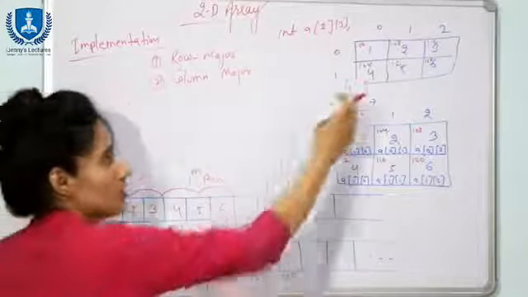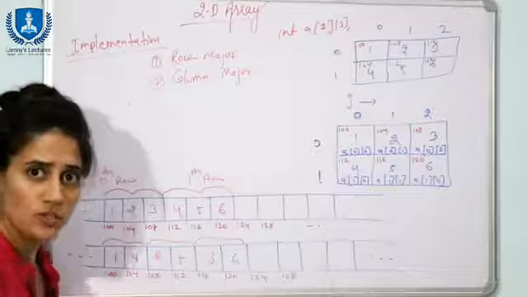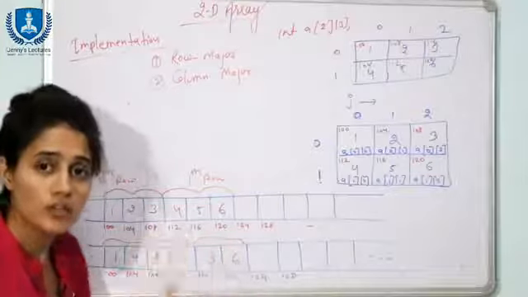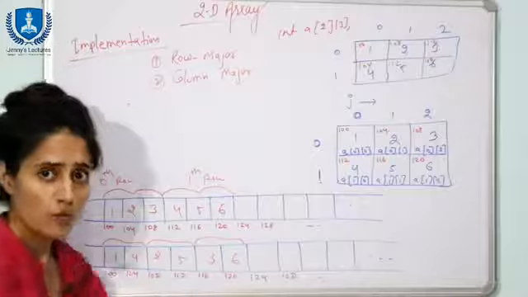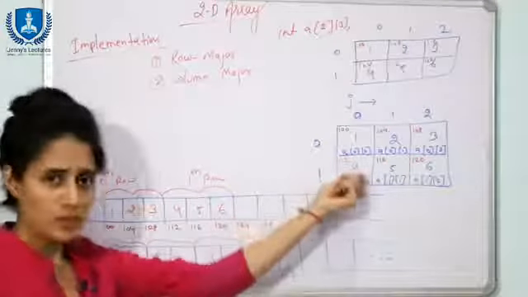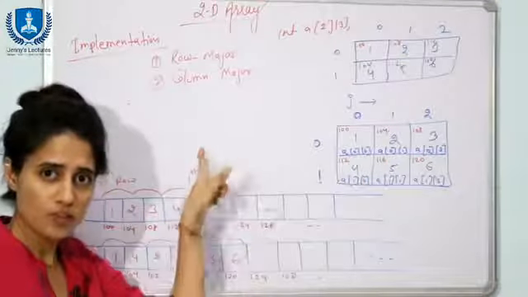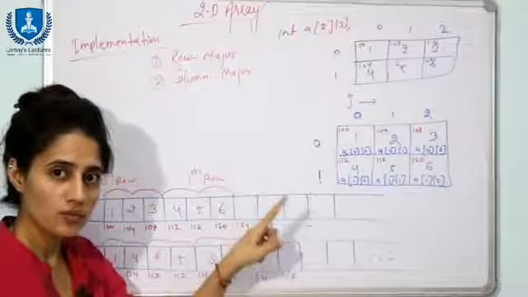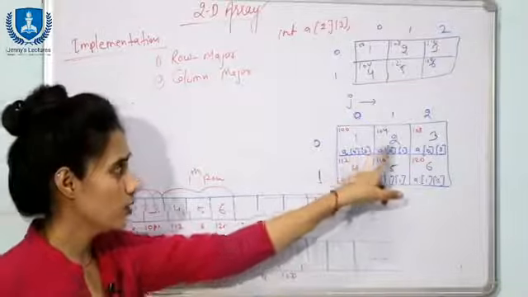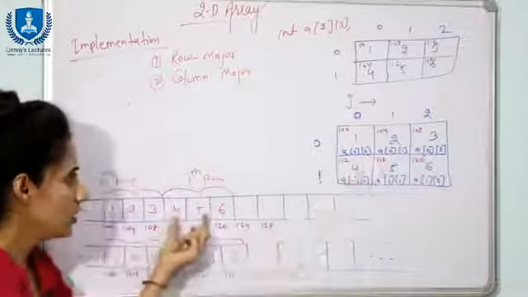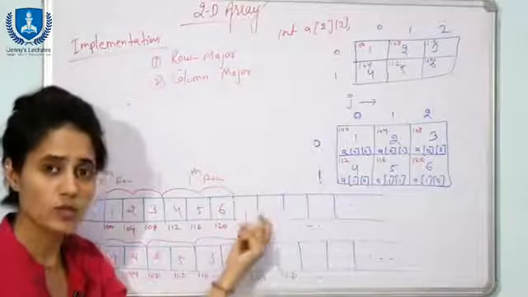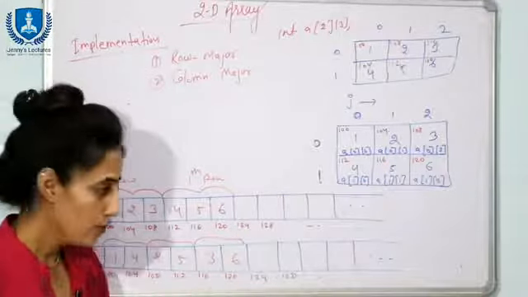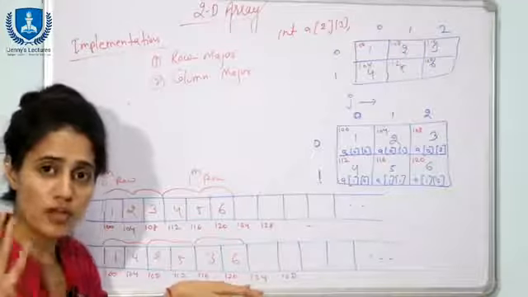Fine. So this is just a logical representation of a 2D array, and this is the actual physical representation in memory. By default we are actually using this row major implementation. I have discussed the runtime initialization of an array. In that case also I initialized the array and filled it like this, 1, 2 and 3, then 4, 5 and 6, which means row major implementation. I have discussed that code. If you want to implement this thing, then you have to modify it a little bit.